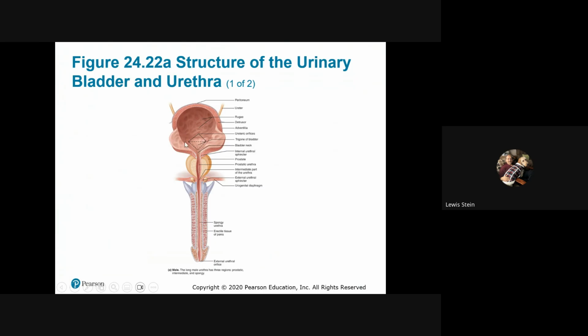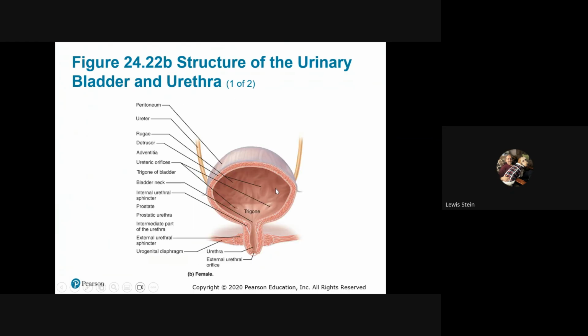You can start to see the rugae here. We'll go over this again in repro. You can see the surround of the prostate that's there. Really important. We'll get into the urethra and the 3 different components. You'll see that again. And the female,